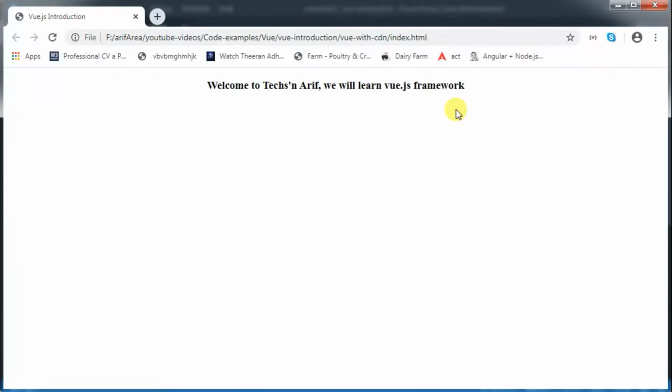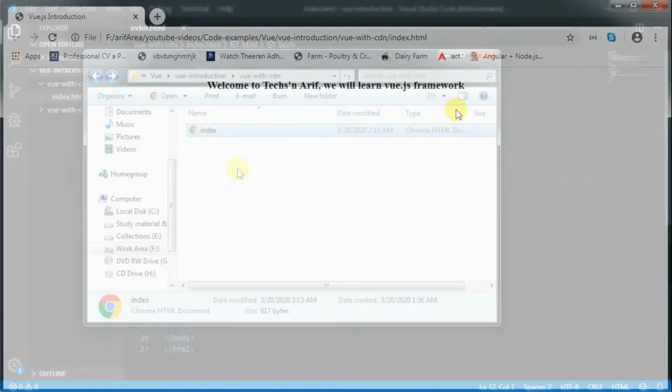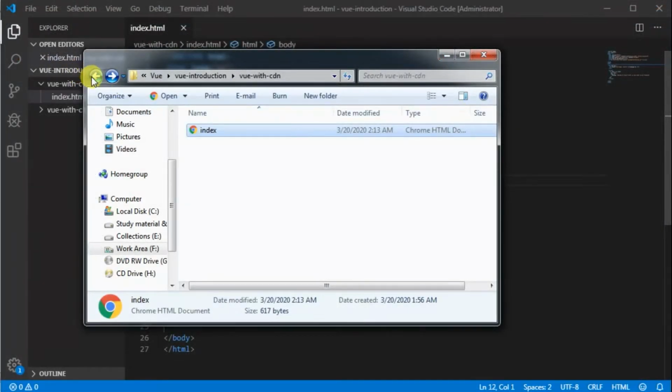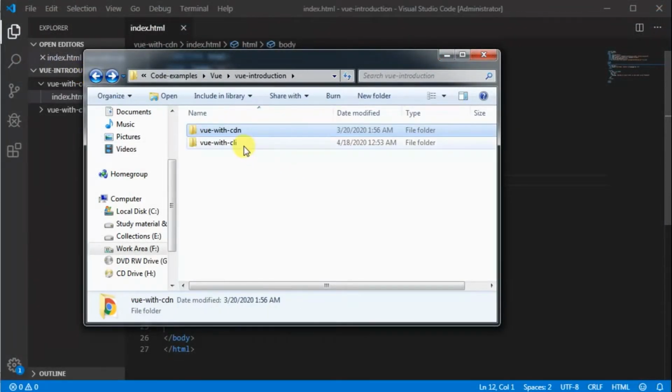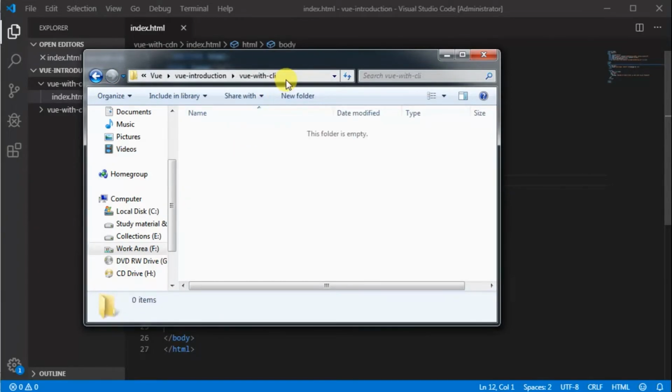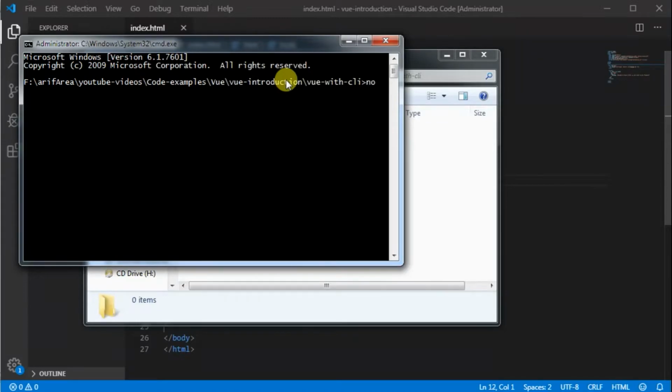Now we will continue the setup with Vue CLI. Before installing Vue CLI, make sure that your machine has Node.js. Just open command prompt and type node --version to check whether your machine has Node.js.